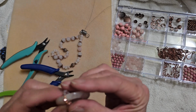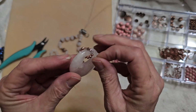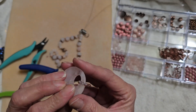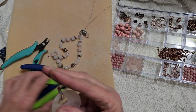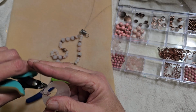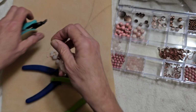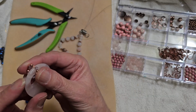Okay, so I was able to put the crimp bead on, and then I put them through 3 beads, okay? And it's on there pretty good. So that worked out really well. But I lost the roundness to this, so I don't know if I'm going to like it. And sorry I didn't show what I did on camera, but trust me, my hands were in the most awkward position all the way through it that I don't think it would have looked good anyways. So it's pretty well rounded,